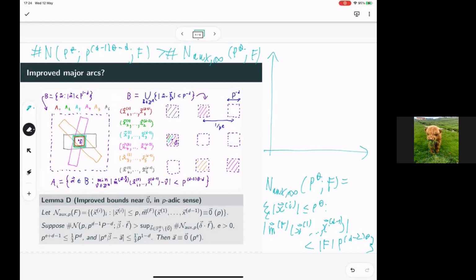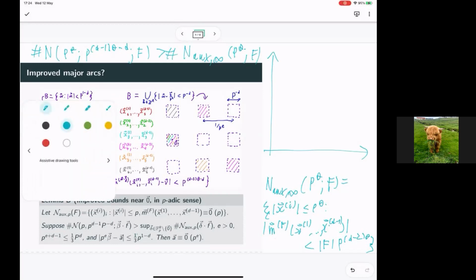To be precise, what it tells you is that if this inequality is true, so that we have lots of solutions,